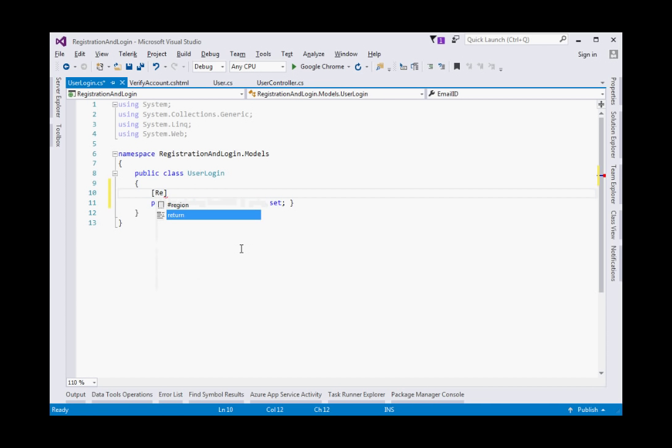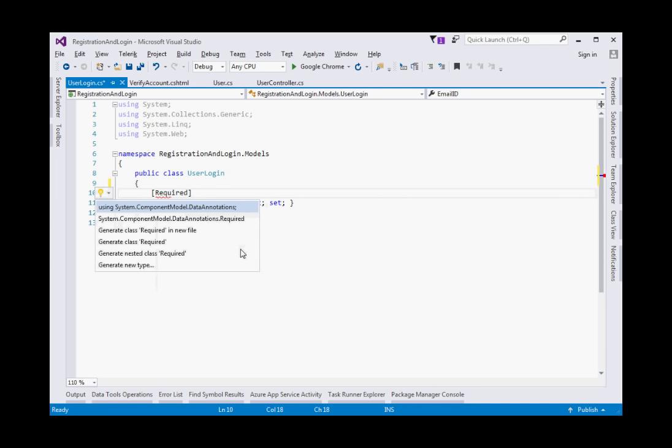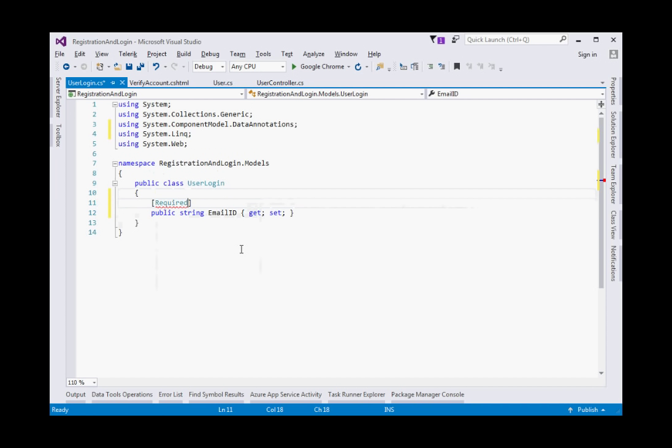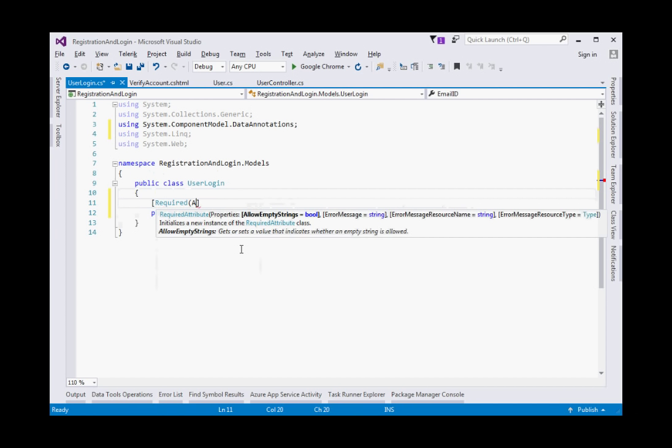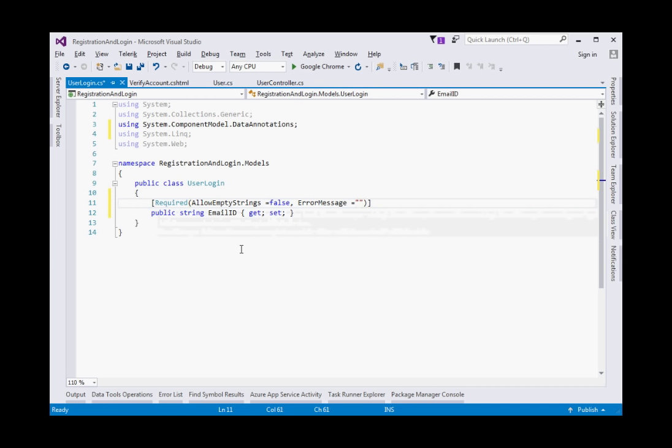So required, allow empty string false. Error message should be email ID required. Okay, and also I will add display name,